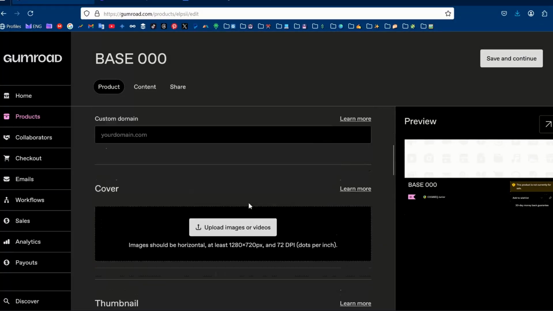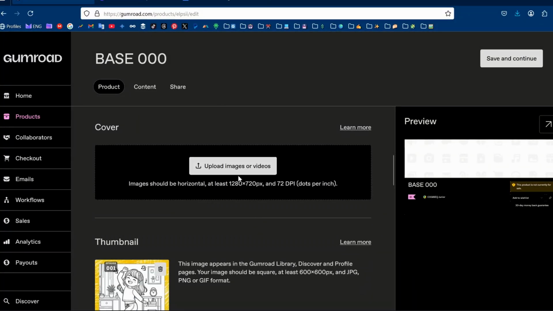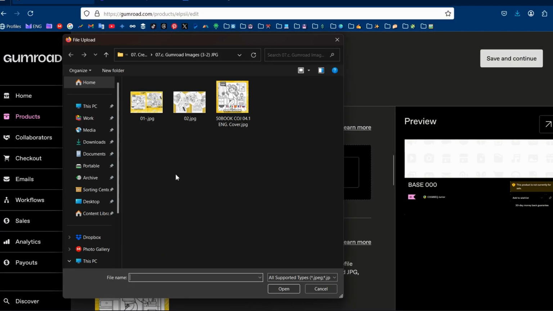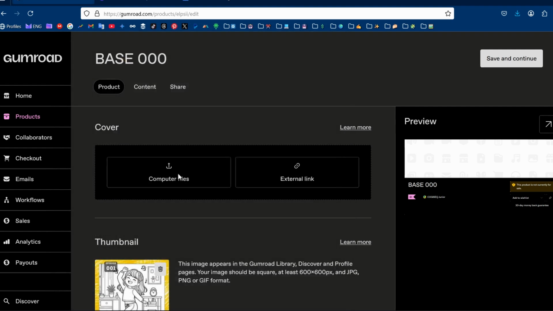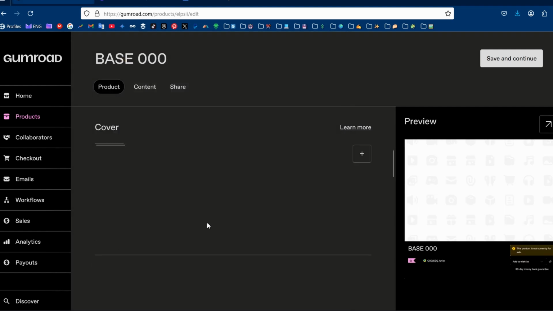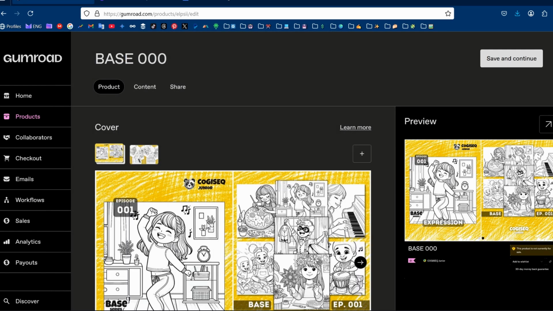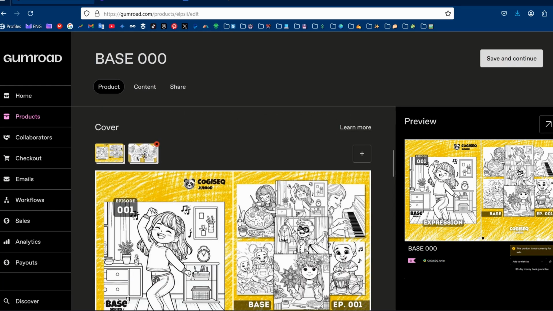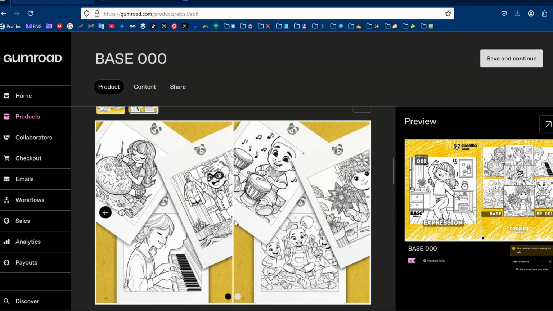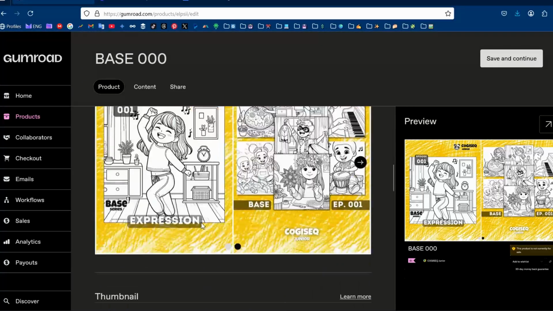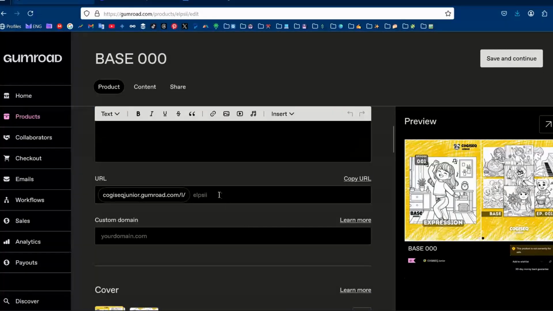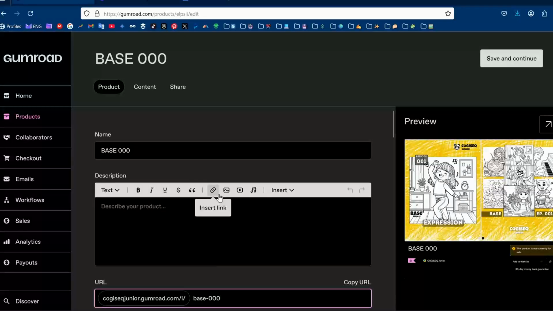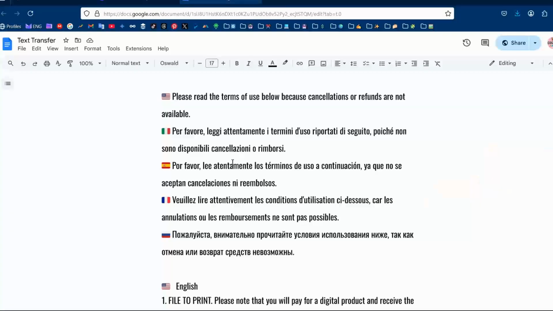Okay, let's move on. Now my creatives, horizontal images, computer 1, 2, with the 2 to 3 ratio. Okay, it can be in water, but yeah, this is the second one. Not perfect, but okay, it can be. Now the link, base 000. Next, I'm going to paste my